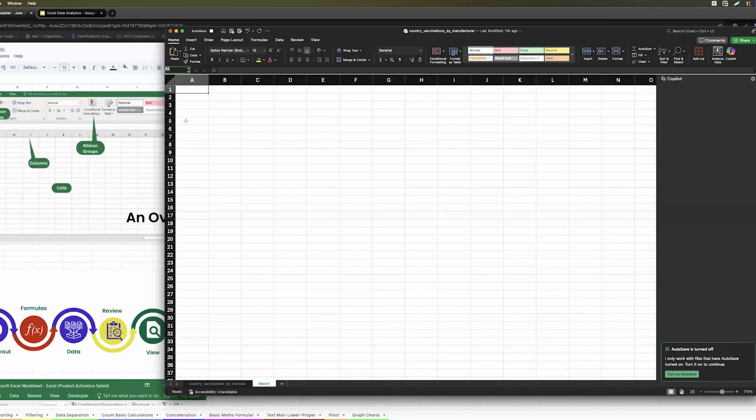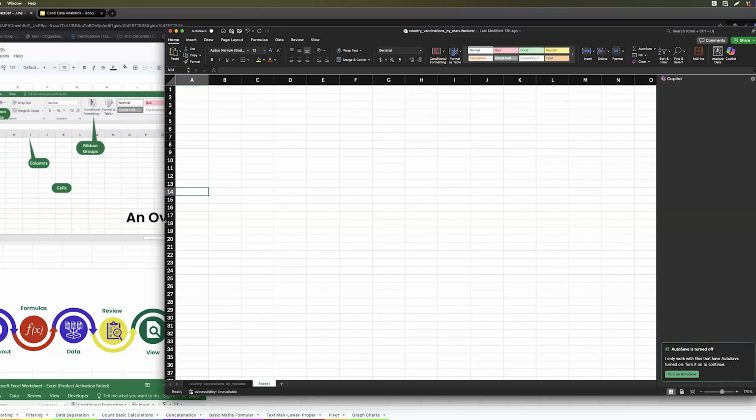If I want to go to a different selected cell, this is a cell here, this is a cell, and we have rows and columns. If I want to go to a different cell, let's say A14, I will just type A14 and it will jump to that cell. That is the function of the name box.